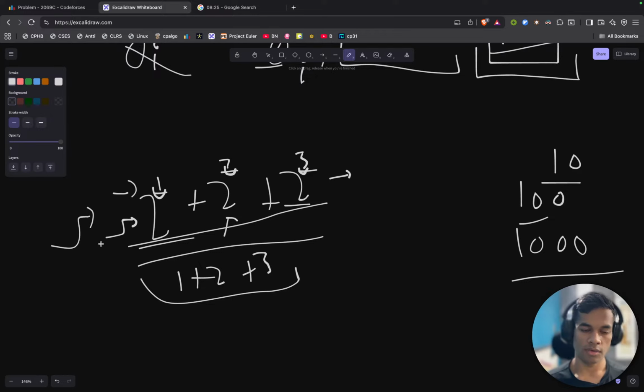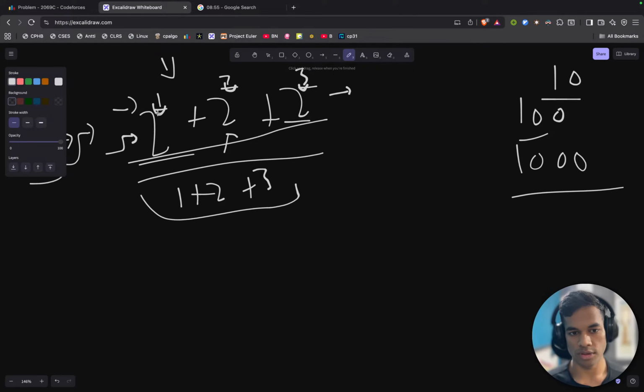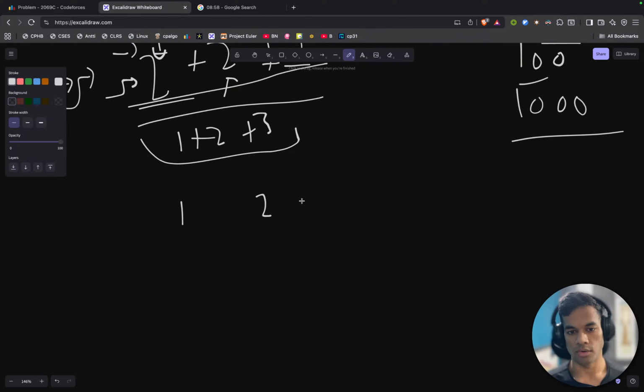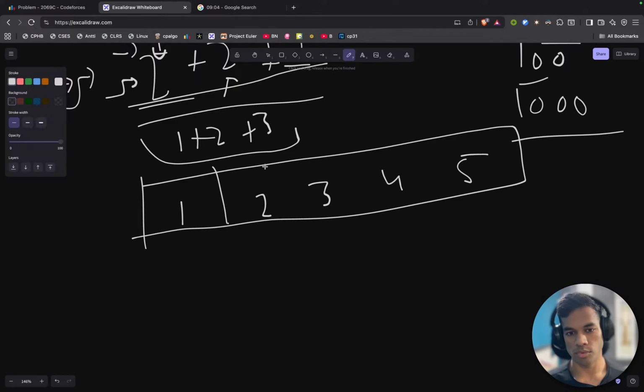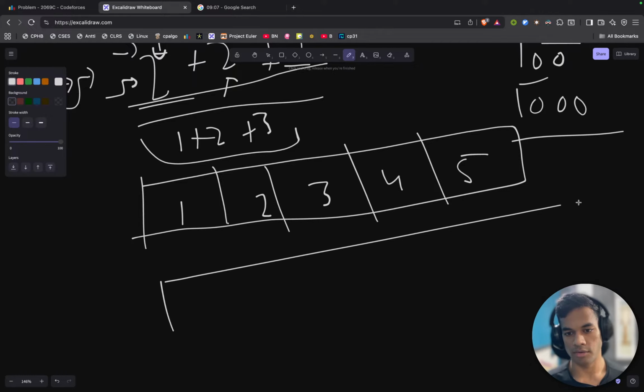And let's say we do have this value, or maybe we can have two different vectors. Okay, maybe we can have two different vectors. One vector will store these powers of 2, let's say 1, 2, 3, 4, 5, not indices but powers of 2. And we will have another vector